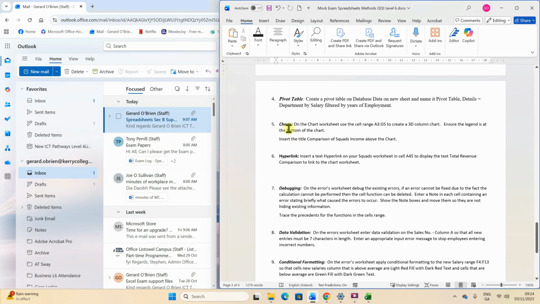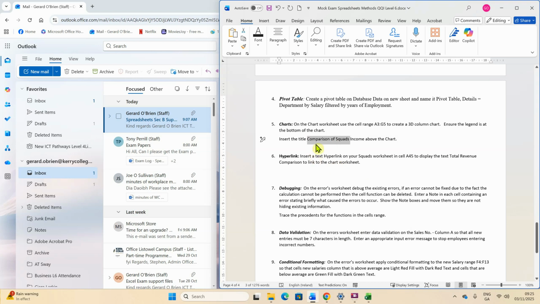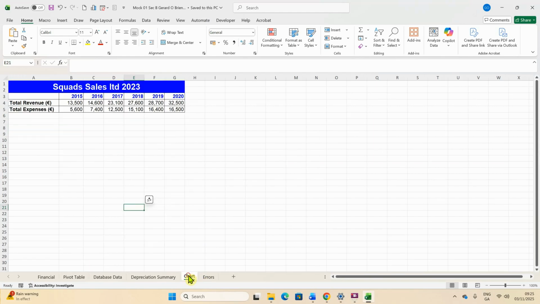Chart. On the chart sheet, create a range of 3D column chart. Ensure the legend is at the bottom of the chart. Insert the title. I'm just going to copy this. Comparison of squads, but you'll be typing it in, but I'm just going to make it a little bit easier for myself. So, right, I'm just going to come in here. There's a chart worksheet. Just highlight this without the headings,